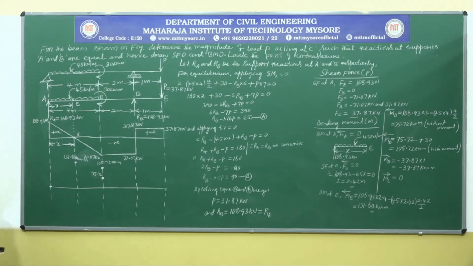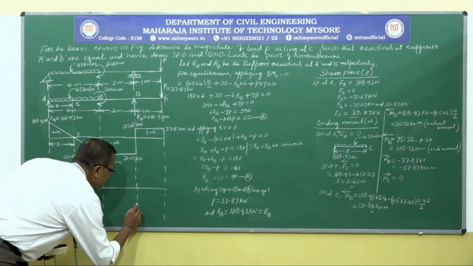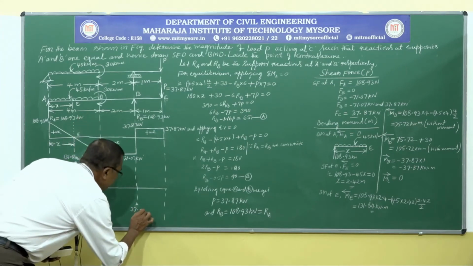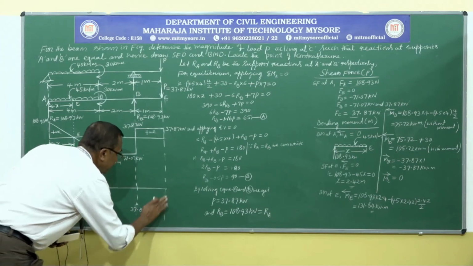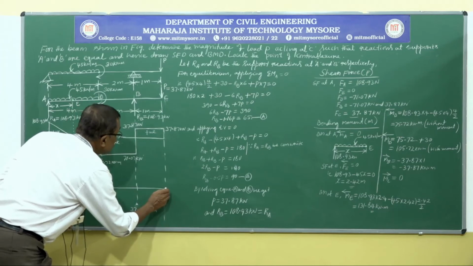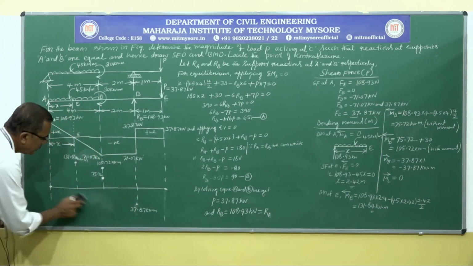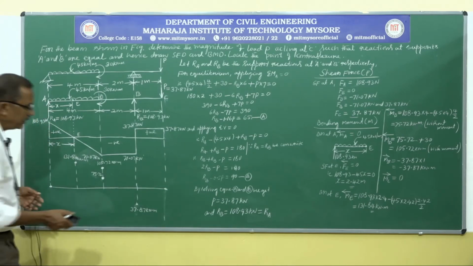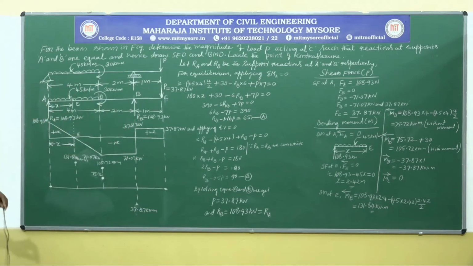Next, bending moment calculated at point B gives a negative value of minus 37.87. Mark it below the reference line, 37.87. Lastly, bending moment at point C is 0. So we can remove the extra projected lines here. Now we can comfortably draw the bending moment diagram knowing the salient points marked.